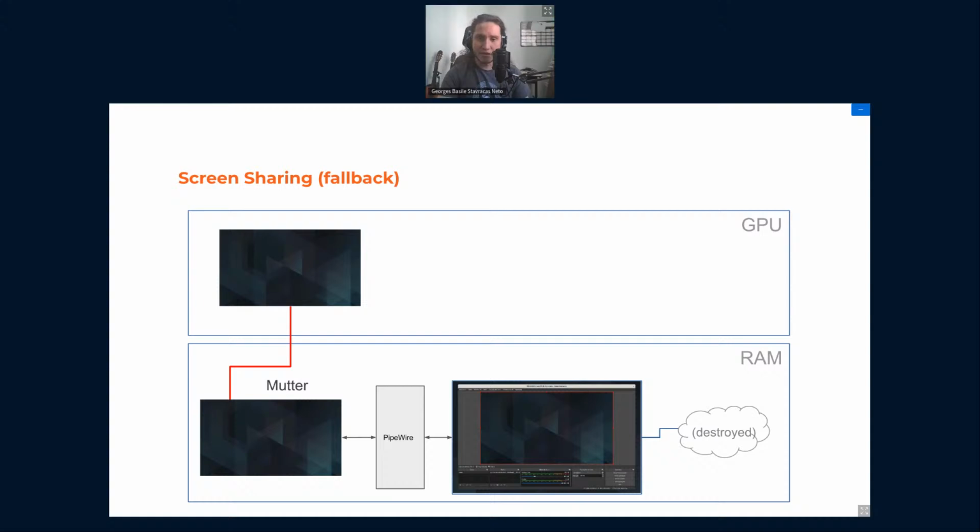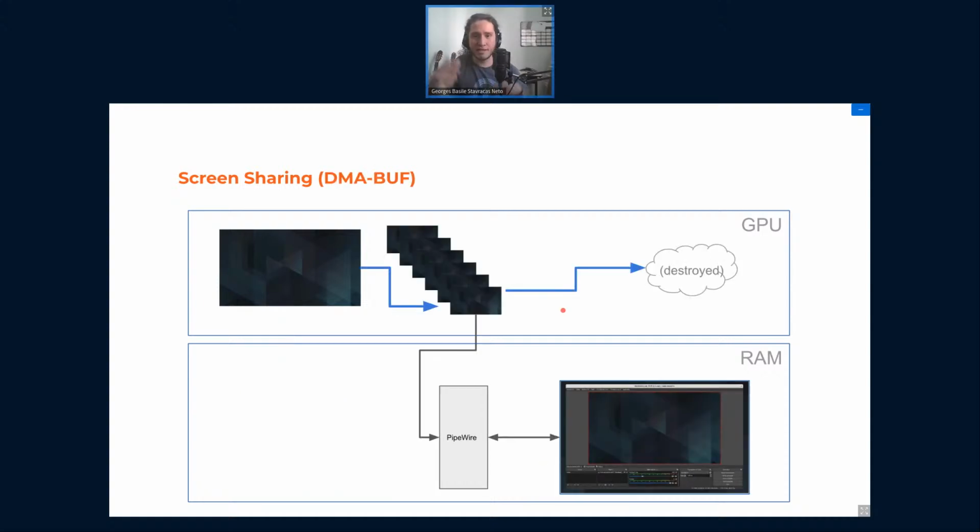And the fast path using DMA-BUF is: we have a buffer here in the GPU, and we create a copy of it. PipeWire asks us to create a queue of buffers. Usually that's 16; I'm using fewer here just to demonstrate it. We create all these GPU-based buffers, and we pass just the DMA-BUF FD to PipeWire.